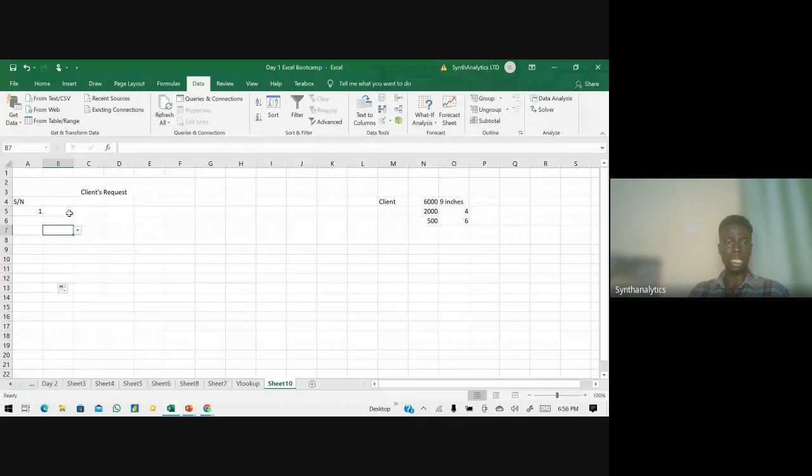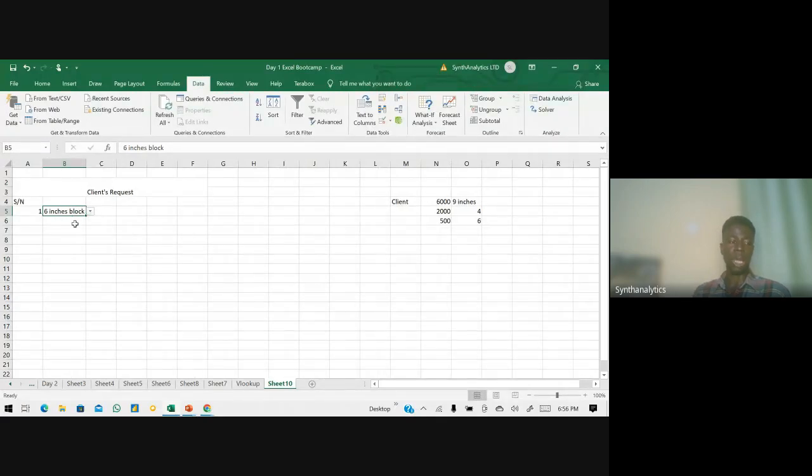So easily over there, we can click 9 inches. If you are dealing with 9 inches, 4 inches, anyone we are dealing with, easily we can do that using our data validation. Now, the client is asking if you have this installed, or even possibly you want to do a kind of receipt system for your clients, that your client bought this number of stuff, and you don't want to be going back and forth to prepare your receipt.